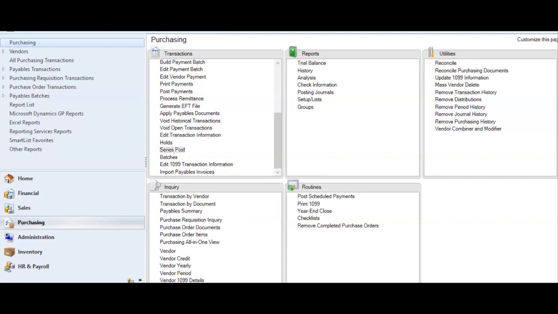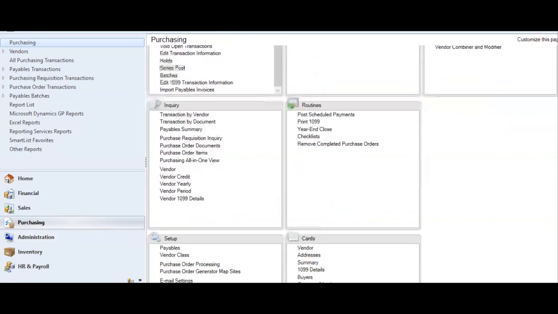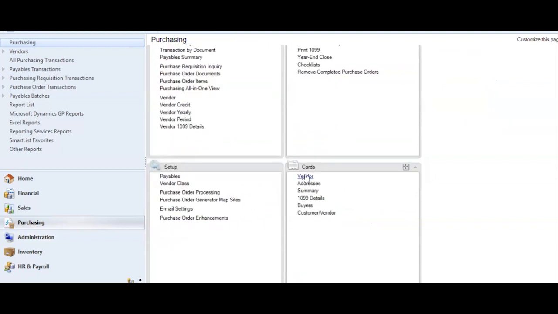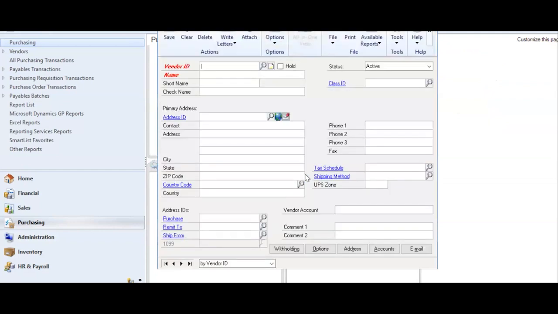To get to the vendor's card, you go to Purchasing, then Cards, and then Vendors. Keep in mind, guys, we're only looking at payables management and not the whole purchase order processing module, because that covers more areas than the topic we are called to look at today. So in vendors,